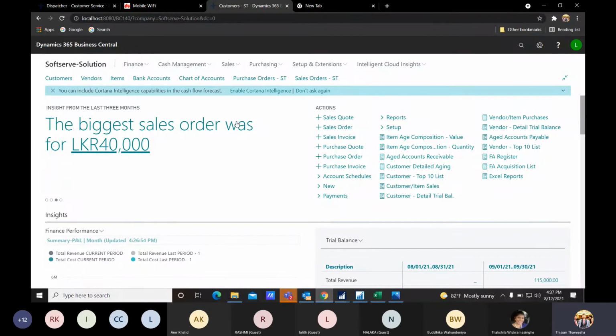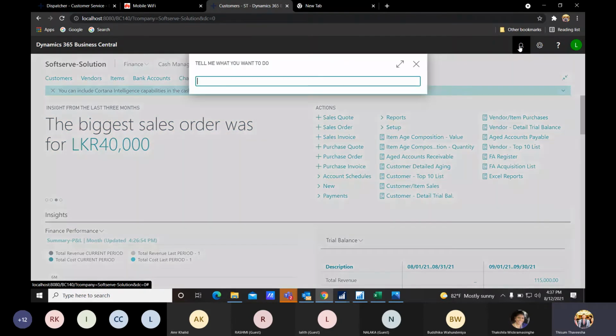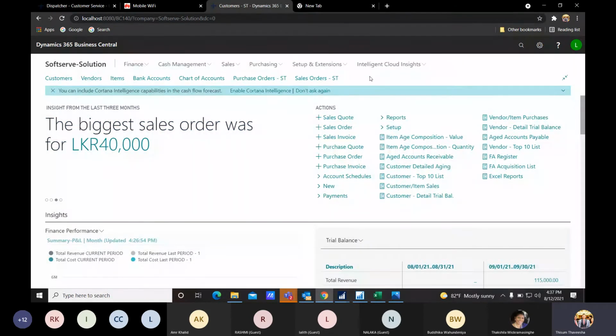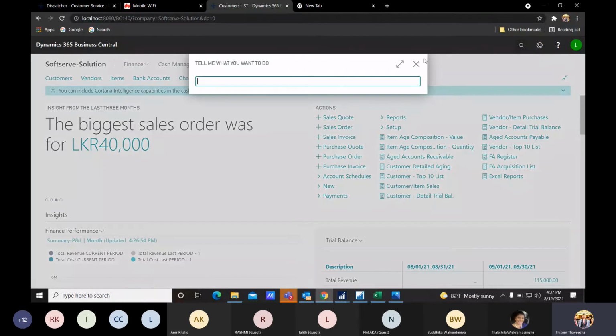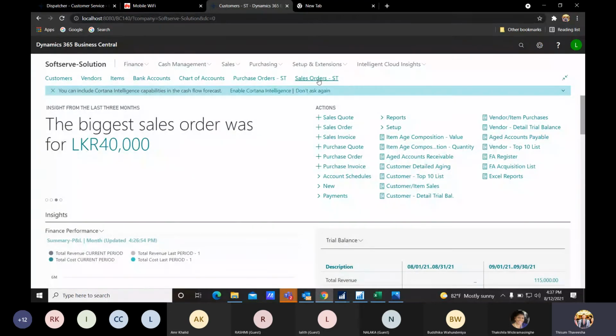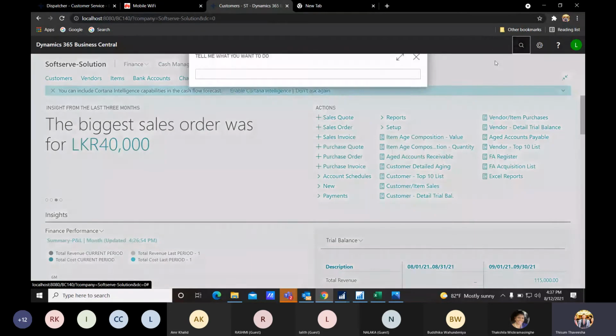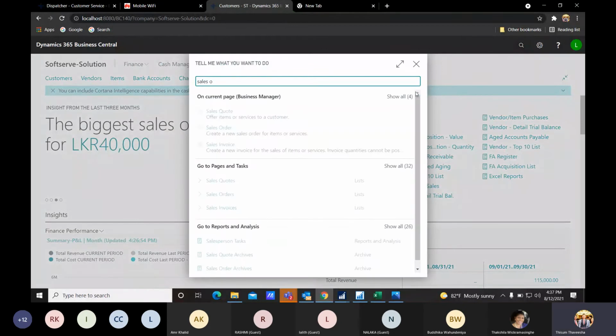Okay. So now we have purchased one battery item, 10 quantity of battery items, right? So now we will sell to a specific customer, right? So here we are having, as I explained, we can search from here. Okay, I'll search from here, or else we are having this sales order, we can take it to the role center also, right? So I'll do a search, sales order.